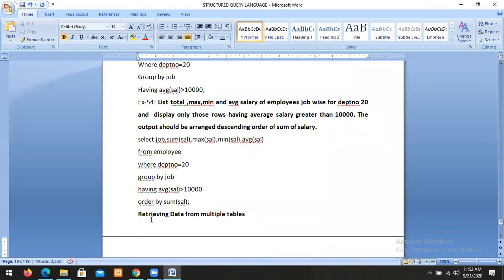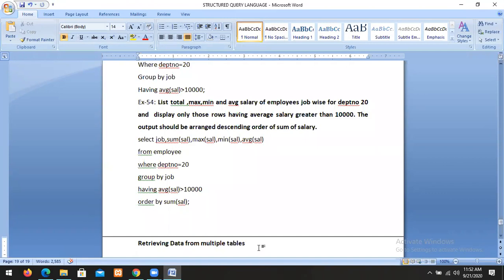We already know from relational algebra that there are different ways to retrieve the data. There are binary operations: union, intersection, difference, Cartesian product. These are all retrieving data from multiple tables, already covered in relational algebra.